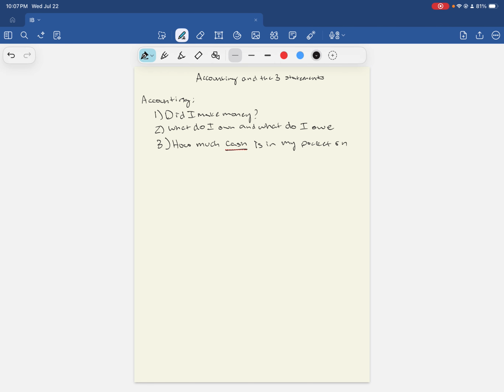Basically, to sum this up, these three questions go with the three financial statements: the income statement, balance sheet, and the cash flow statement. And accounting is just the neat, agreed upon way to answer those three questions, so that anyone, whether it's a bank, an investor, or the tax office, can read your answers and just trust them. And that's the entire point. If you ever feel lost within the three statements, just think about these three questions. Number one, did I make money? Number two, what do I have, assets, and what do I owe? And how much cash has moved?